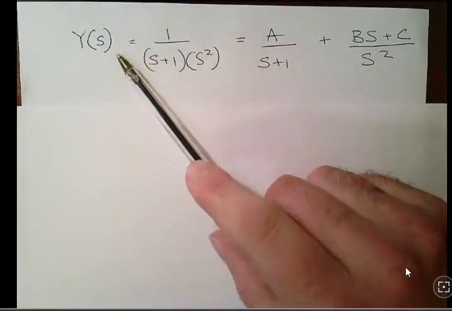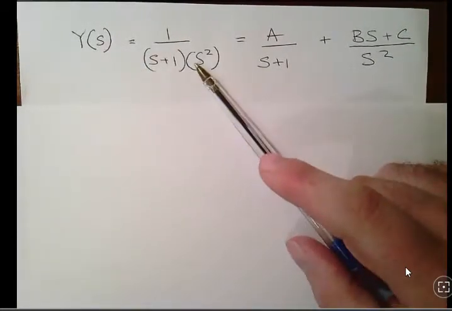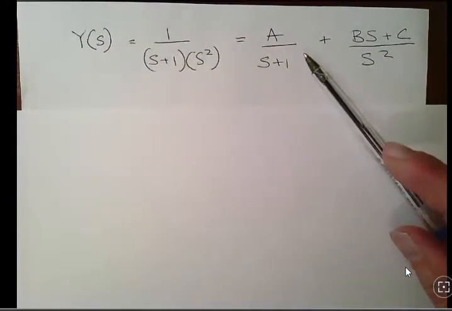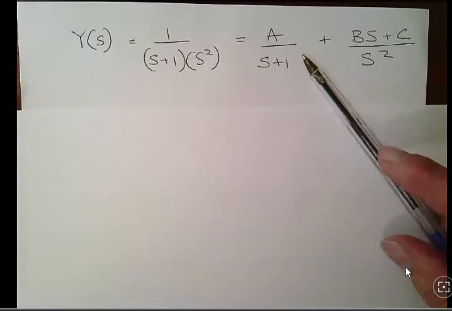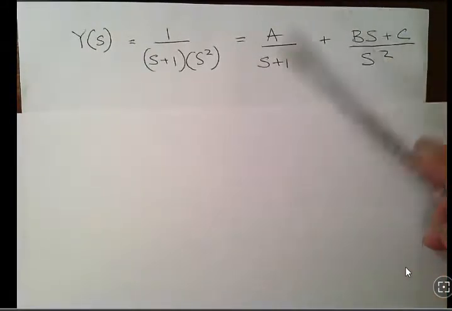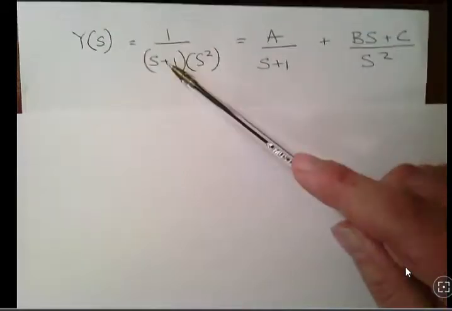So capital Y of s, which we found to be 1 over s plus 1 over s squared. What we're going to do is simplify that, and we're going to use partial fraction expansion. I'm not going to get too much into what partial fraction expansion is about, but essentially we have this term here,